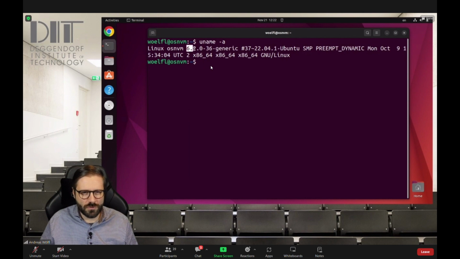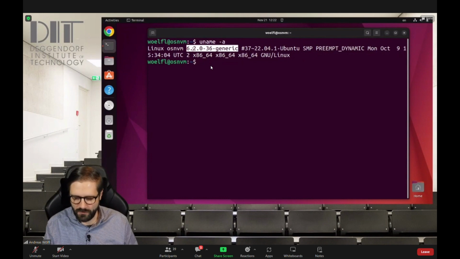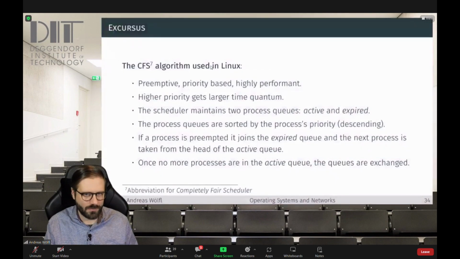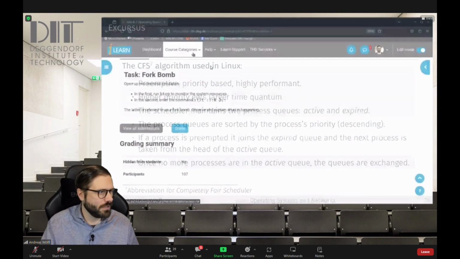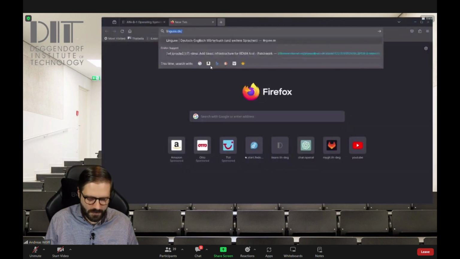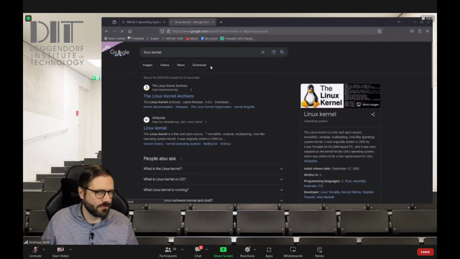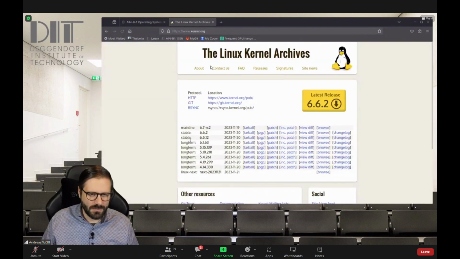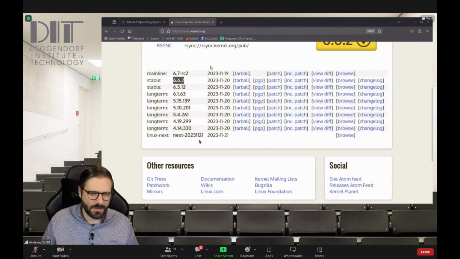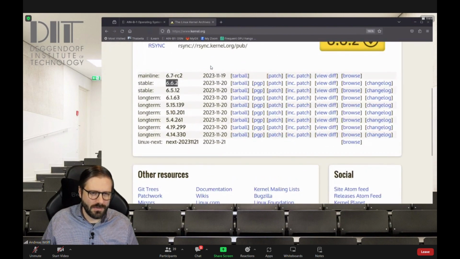My Ubuntu virtual machine runs kernel 6.2, so both my installs of Linux do not employ the newest kernel, because the distribution did not add the newest 6.6 kernel into the distribution. But if we search for the Linux kernel, you see kernel 6.6